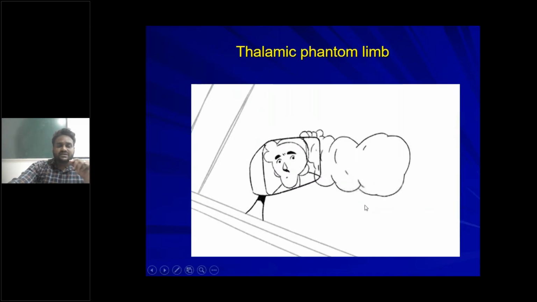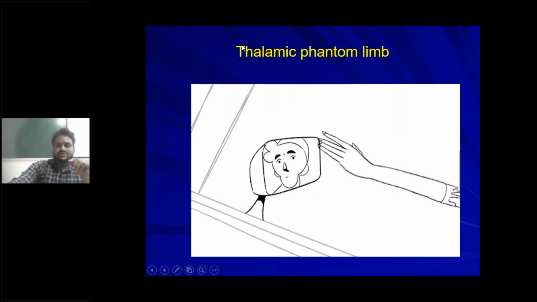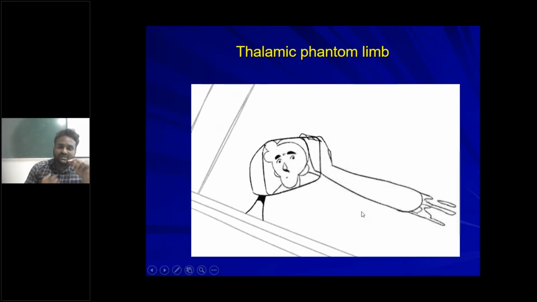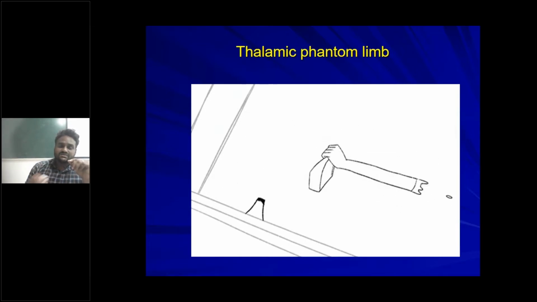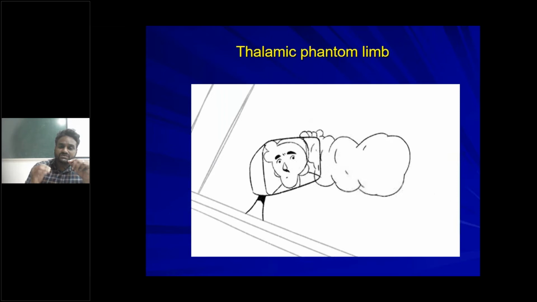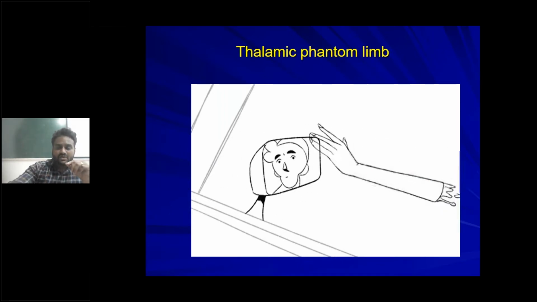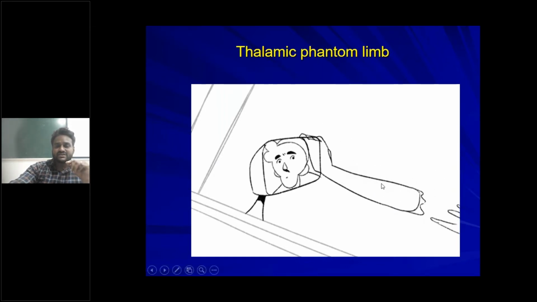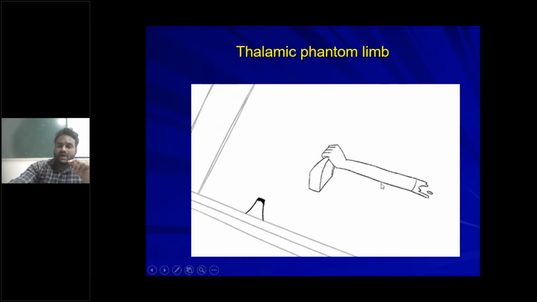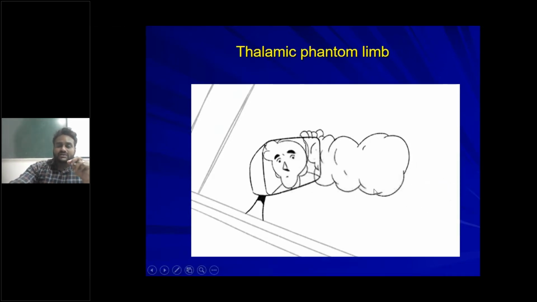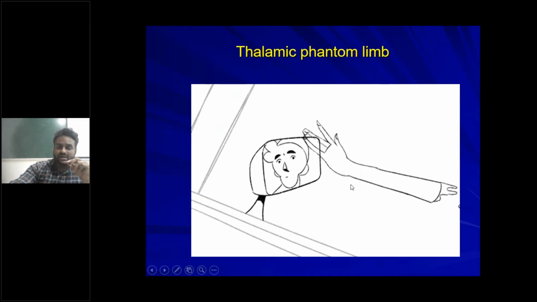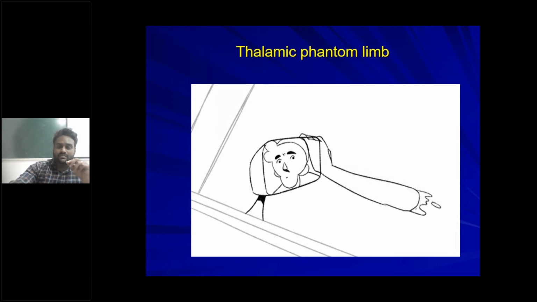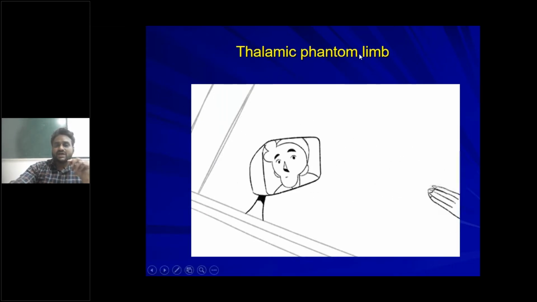See this picture. What can you observe in this picture? Thalamic phantom limb. That means we feel the sensation of a body part which does not exist in our body. For example, if you lose any part of a limb due to an accident or other reasons, after removal we can still feel that removed part as if it persists in our body, and we can feel sensations from that removed part. That condition is called thalamic phantom limb.